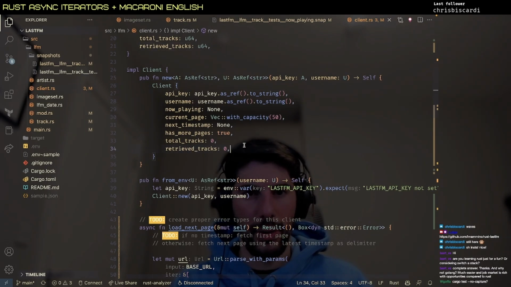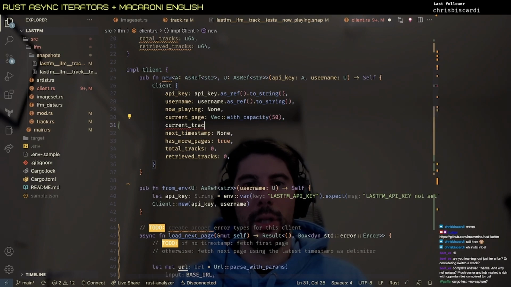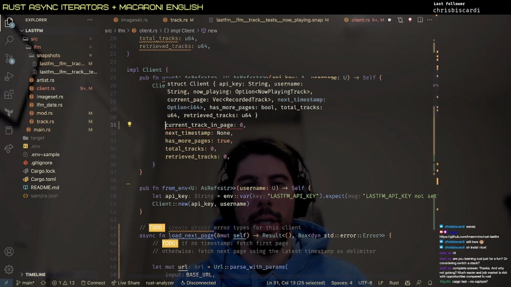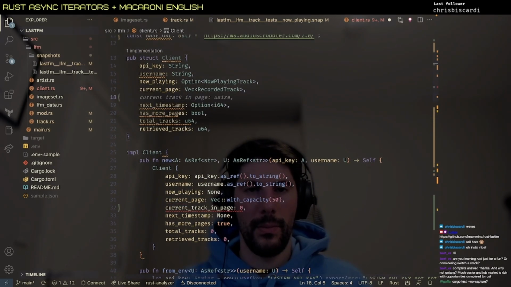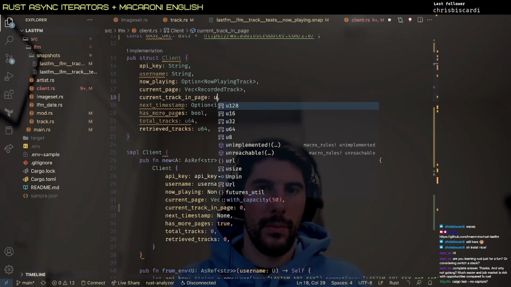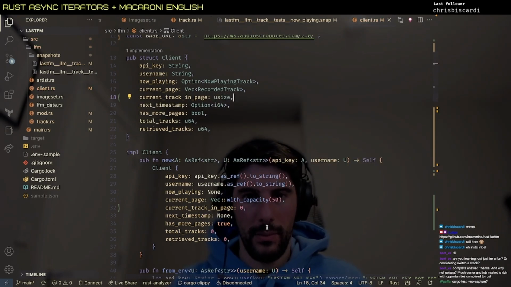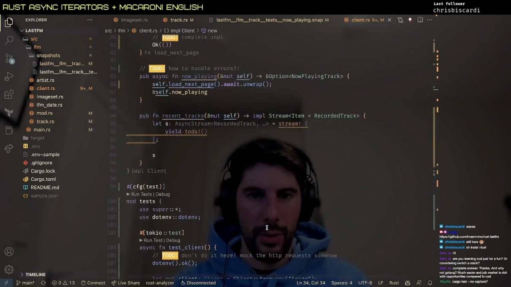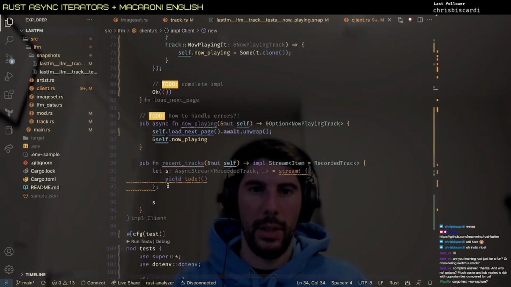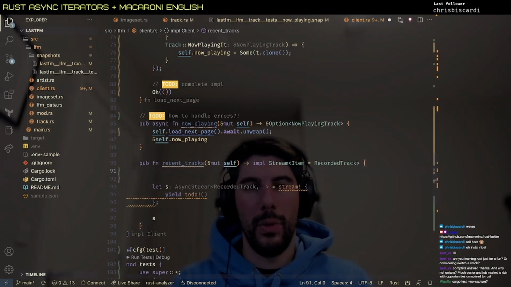Maybe we should call this something like current track in page, 0, and this one can be a usize. So this current track in page is 0. So what we can do here is to do this. We can say